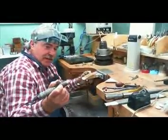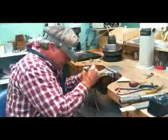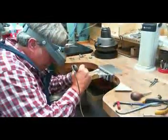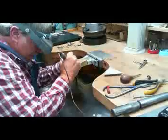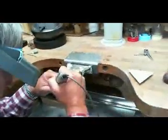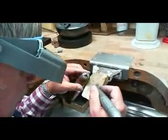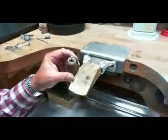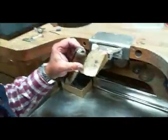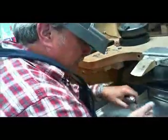Alright, we're going to use our drill here to cut a seat for this diamond into our ring. The seat's pretty even, and if you notice, the burr is the same shape as a diamond. So we'll take the diamond, drop it in,